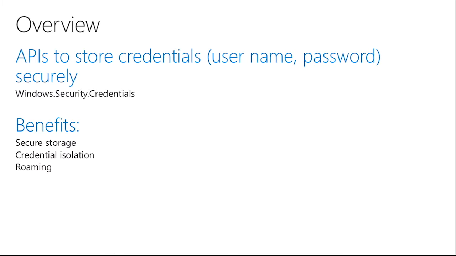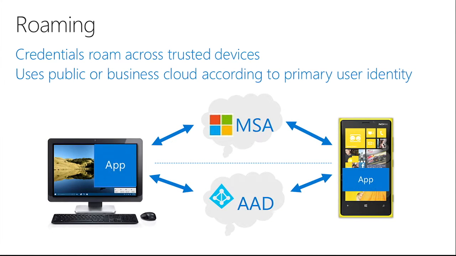You can store that data securely in the credential locker, and then if they run the same app on one of their other devices, they don't have to enter the username and password all over again. Because it's been roamed across your account, and it roams across the trusted devices. And as we say, for personal devices, apps that are stored from the public store, you're roaming through the public OneDrive, their OneDrive account. If it's a business system, business store, then you're roaming through Azure Active Directory secured business